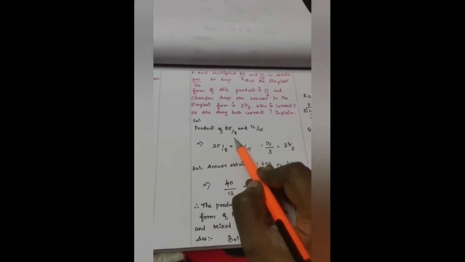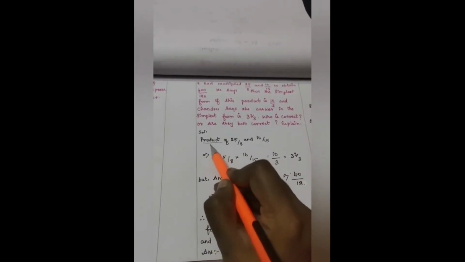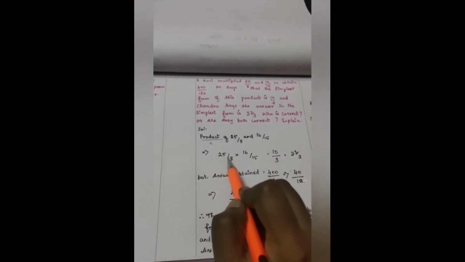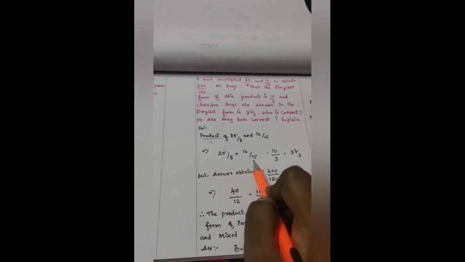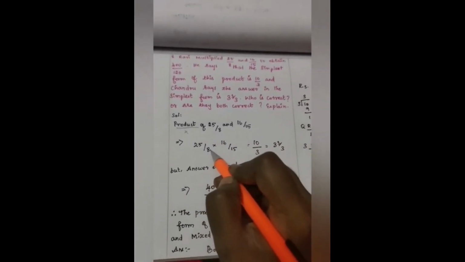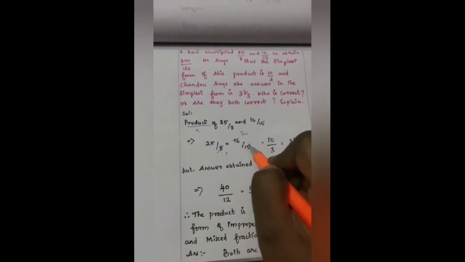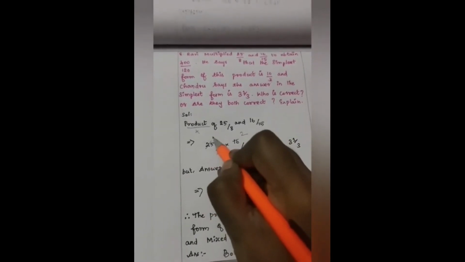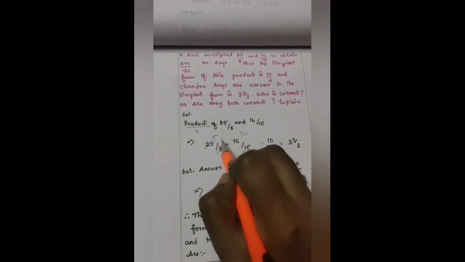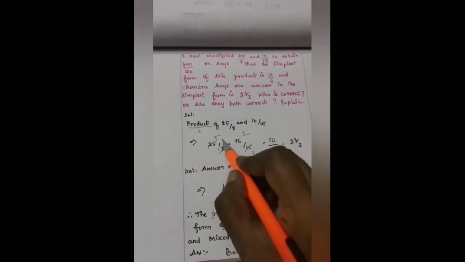Okay, let's see the solution. Product of 25 by 8 and 16 by 15. See, the product indicates multiplication. This equation becomes 25 by 8 into 16 by 15. See, after writing like this, we have to check whether we can divide it using the same table. Yes, 1 time, this is 2 time, this is 3 time, and this is 5 time. See what else is remaining? 5 into 2 divided by 3. Yes, 5 twos are 10. Remaining 3. See, it is in the form of improper fraction.